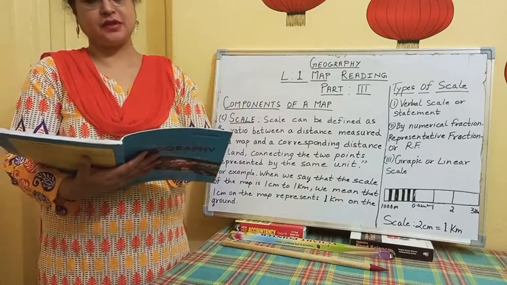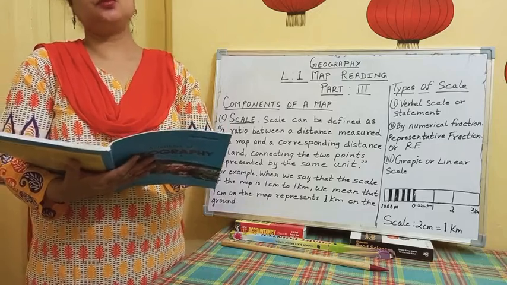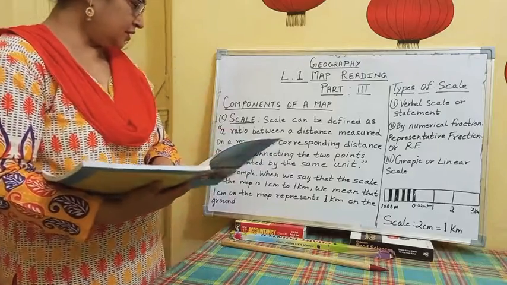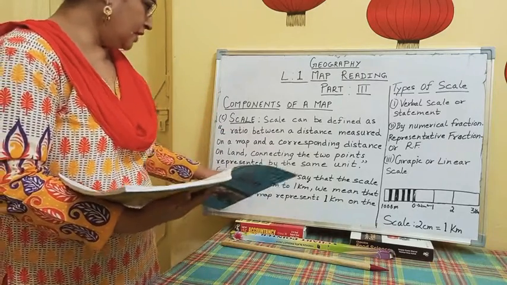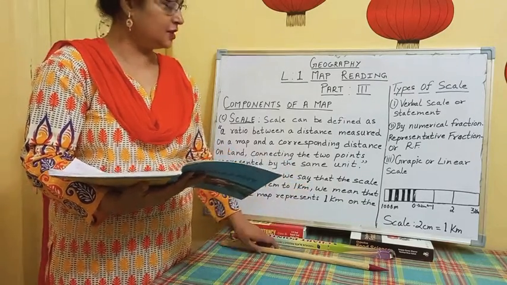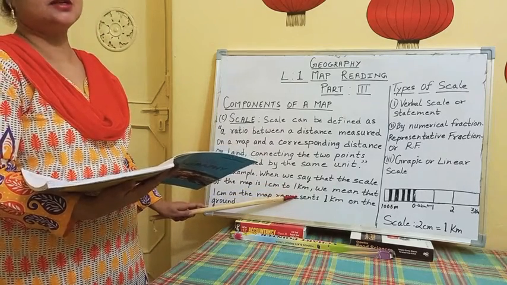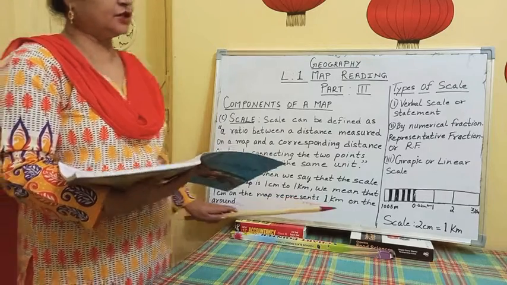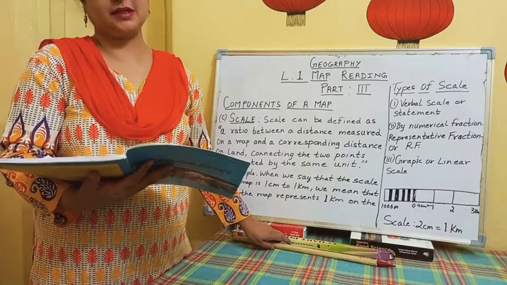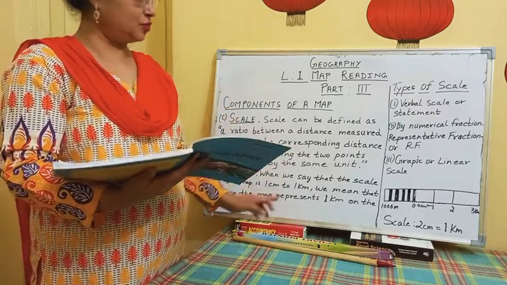A scale is a measuring line that shows the relation of the distance between two places on a map to their actual distance on the ground. So what does this mean? It means that 1 centimeter on the map represents 1 kilometer on the ground. Means the 1 centimeter which you are seeing on the map is actually 1 kilometer on the ground, as we cannot show 1 kilometer on the map because it is a long distance, and 1 centimeter we can show, the unit of measurement is small, so that can be shown on a map.